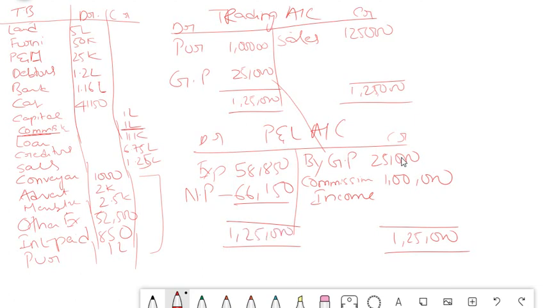So this is how you should arrive at your trading account and P&L account, and then you should go with balance sheet. Just a few minutes ago, what I have told you, whatever is the net profit that comes here, it will be carry forwarded to your balance sheet. So once it is carry forwarded to your balance sheet, then your nominal account, that means your trading account and your P&L account in trial balance becomes 0, because you are carry forwarding it to balance sheet. That means you are transferring the profit to balance sheet. How we will transfer the profit to balance sheet, I will explain in the next few minutes. So now we have prepared trading account and profit and loss account, right? So similarly, we have to prepare a balance sheet.